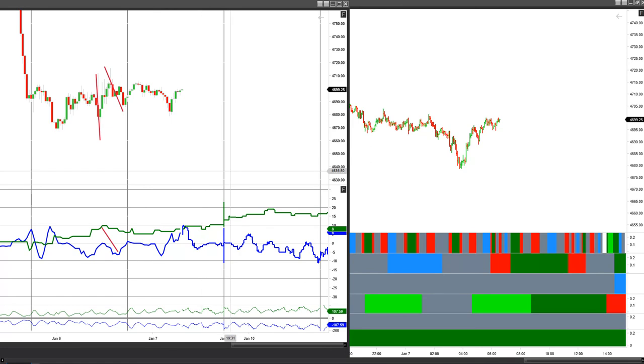So we're going to be getting a high here in this bright green B1 window. So we should be getting a high in here probably as the blue line peaks and the green line peaks right here, between, let's call it 7:10 this morning, for about an hour till about 8:10, and then we should get some downward pressure at that point off of that. So we should get some sort of a down move, and then the trend's going to flip back up